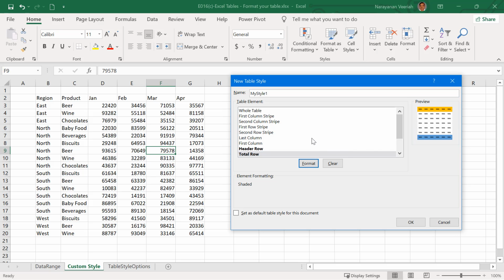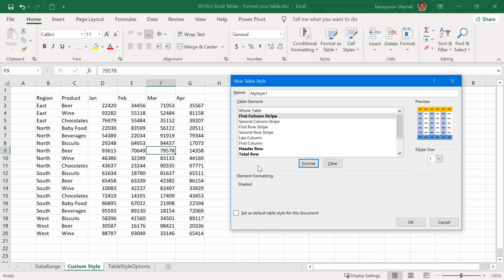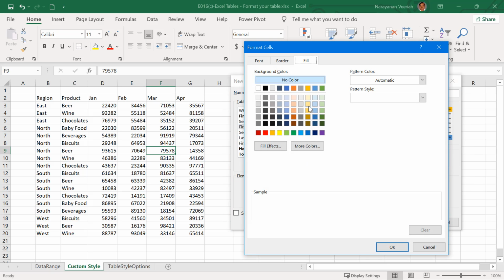You may also format the columns and rows to change their appearance. Select for example First Column Stripe and then Format. Maybe I want it in light blue. Click OK. Similarly, you can change the appearance of rows. So let us select First Row Stripe and then Format. Let me select a light color here as well and then click